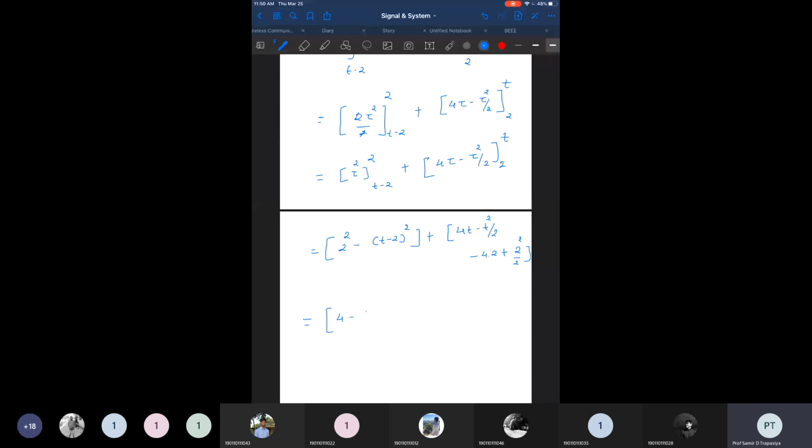Sorry, it's t square by 2, right? So that is plus 4t minus t square by 2, and here it is a minus 6, right? Okay, so now if we solve this equation for the further value, then we can say